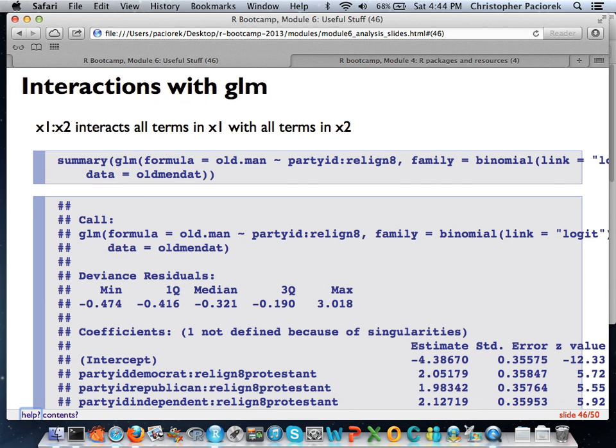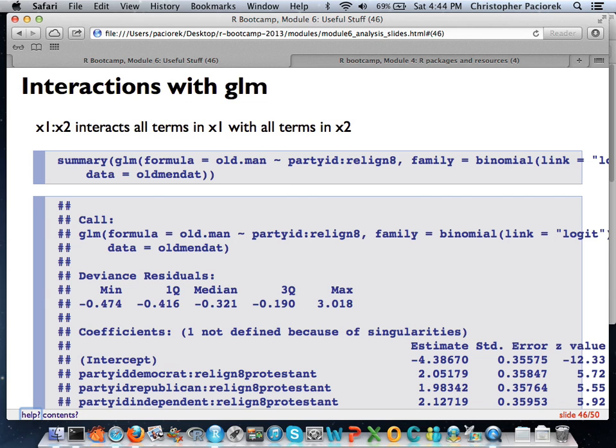You might not be interested in fixed effects, but as good applied researchers, you should always be interested in various sorts of interactions and nonlinear relationships. The LM and GLM facilities in R have really easy ways of writing a whole bunch of interactions very simply and quickly. There are two basic ones you need to know. The first is where you use a colon and say, I want to interact x1 and x2. This gives me an indicator variable for every combination of unique values in x1 and x2.